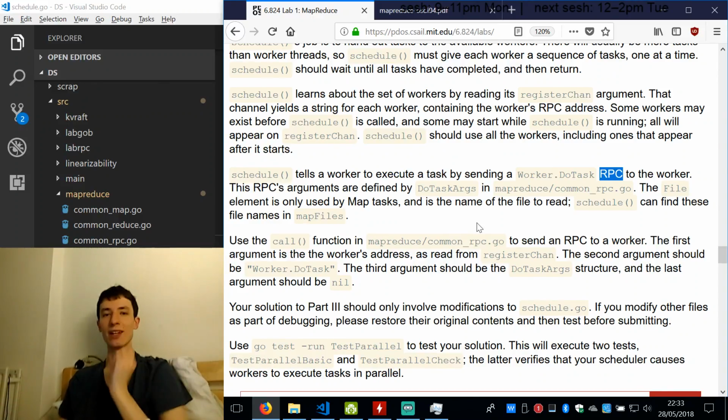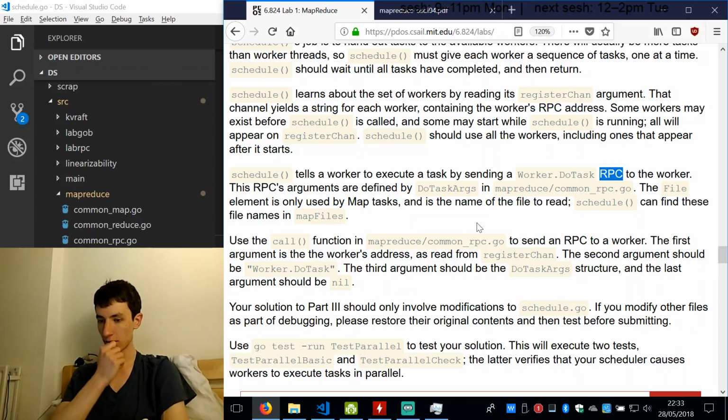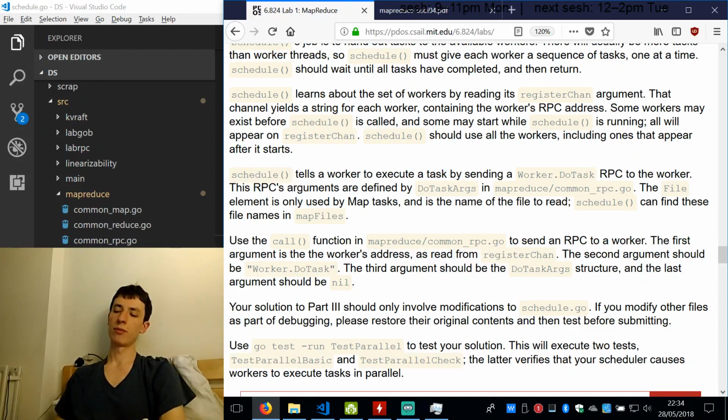Obviously this makes no sense in isolation. We're going to have to get our hands dirty to figure out what it's actually talking about. Use the call function in MapReduce common rpc.go to send an RPC to a worker. The first argument is the worker's address, as read from register chan. Second argument should be worker.doTask, as in that string is the second argument. The third argument should be the doTask args structure, which is arguments. So it's passing the command. Well, I guess, remote procedure call